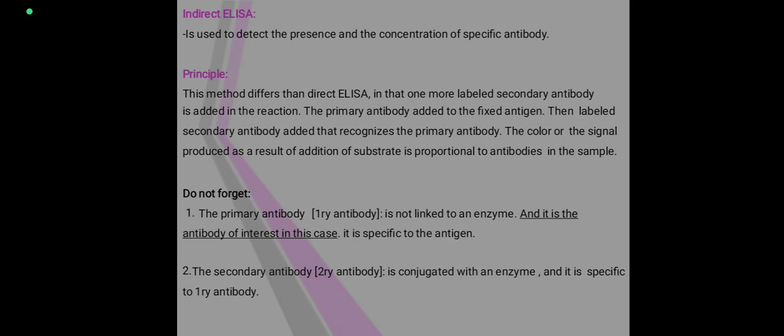The color or the signal produced as a result of the addition of substrate is proportional to the antibodies in the sample. We should note that in an indirect ELISA, the primary antibody is not linked to the enzyme, and the antibody of interest in this case is specific to the antigen. That is, the primary antibody is named as the first antibody, and the secondary antibody is named as the second antibody, which is conjugated